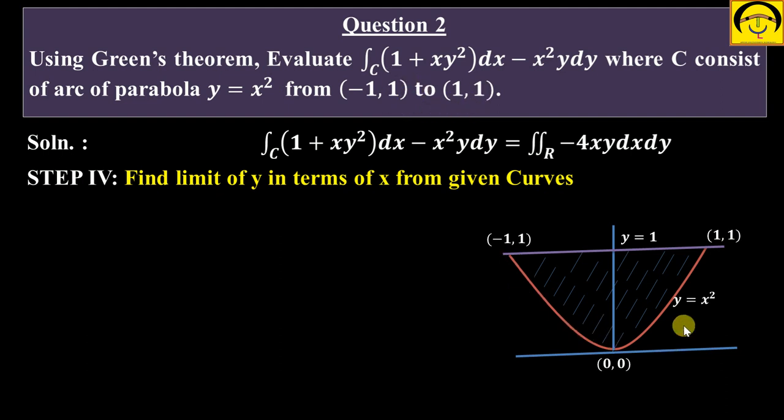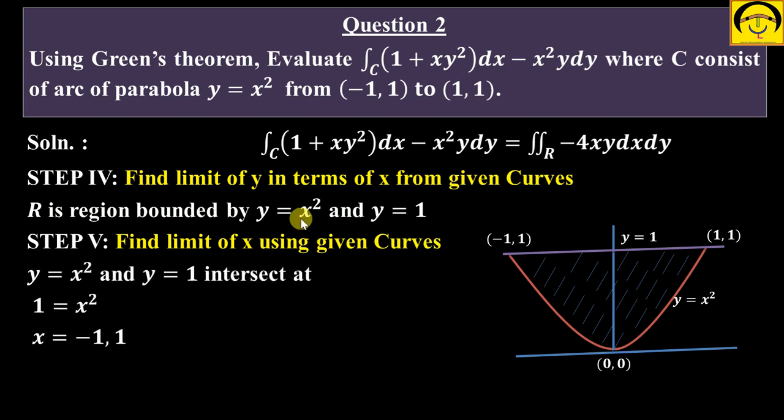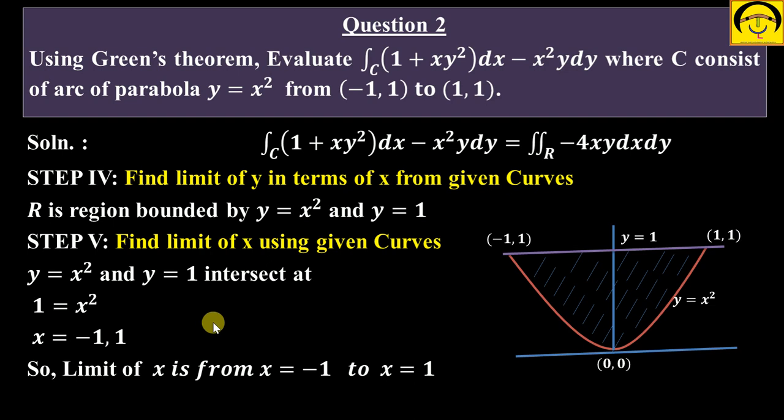अगर ध्यान से आप देखो तो y का लोअर लिमिट होगा y = x²। क्यों? क्योंकि लोअर कर्व y = x² है और अपर कर्व y = 1 है, इसीलिए y = x² से y = 1 वेरी करेगा। और x की लिमिट -1 से लेकर 1 तक। अगर ऐसे भी नहीं समझ आए तो इंटरसेक्शन पॉइंट देख लीजिएगा, जस्ट y = 1 सब्सटीट्यूट कर दो, x² = 1 हो जाएगा, x = ±1। तो इससे पता लगेगा x वेरी करता है -1 to 1। सो y की वैल्यू x² से 1 वेरी कर रही है, x की वैल्यू -1 से 1 वेरी कर रही है।